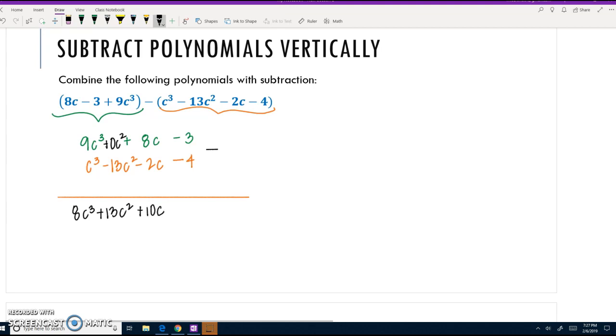And then I need to do negative 3 minus negative 4. So negative 3 plus 4 means my final result here will